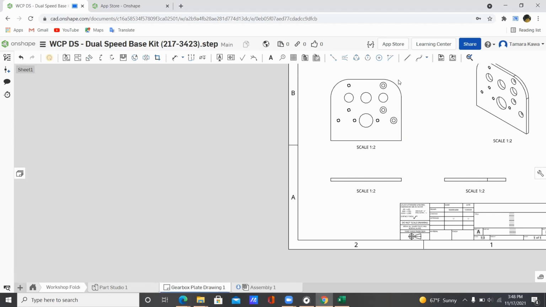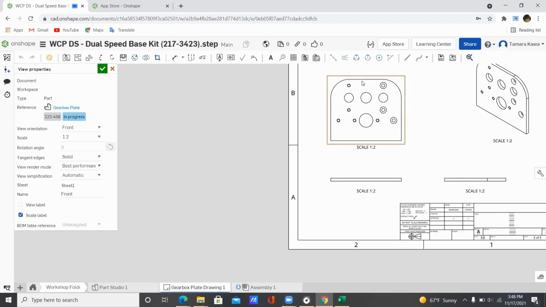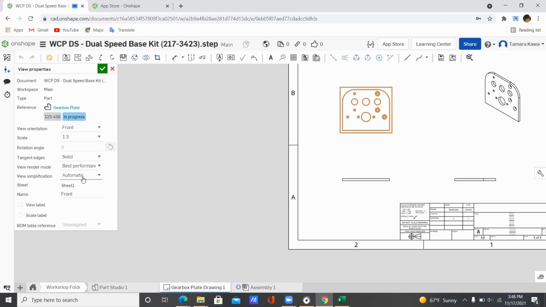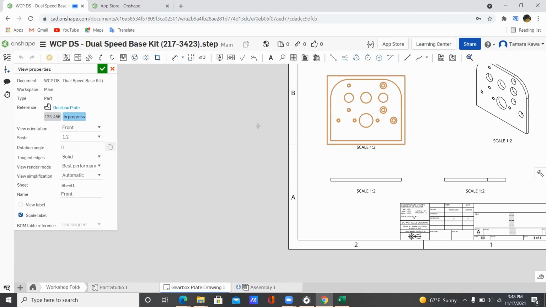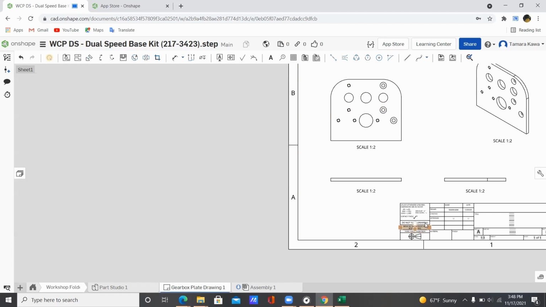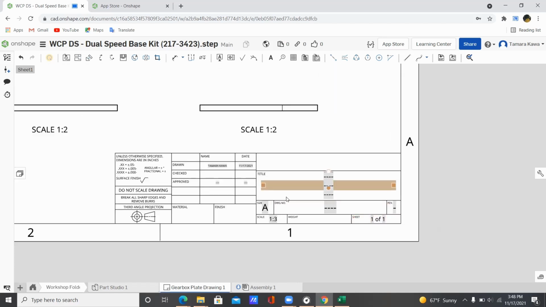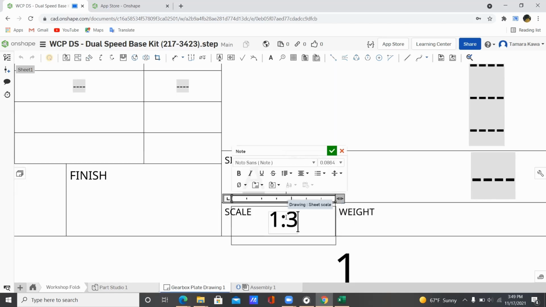That's a good question. So for the scale, I double clicked on it and I changed the scale on the side panel. If I change it to 1 to 3, which is the sheet scale, then it's not going to appear. But if I change it to 1 to 2, it will. And let's just do an experiment here, because right now the sheet scale here is shown as 1 to 3. So if I change that to 2,